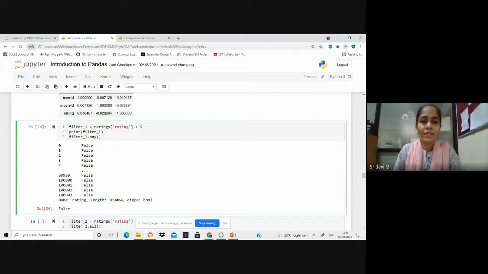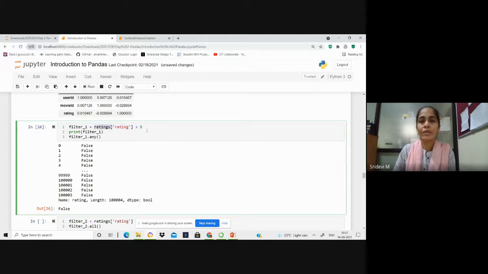Now we are using this filter with .any. We have checked the usage of any and all. If any of the values under this particular column are true, then it will give true, otherwise it will give false. In this case, we are trying to apply this filter, greater than 5, on the ratings column in the ratings table.